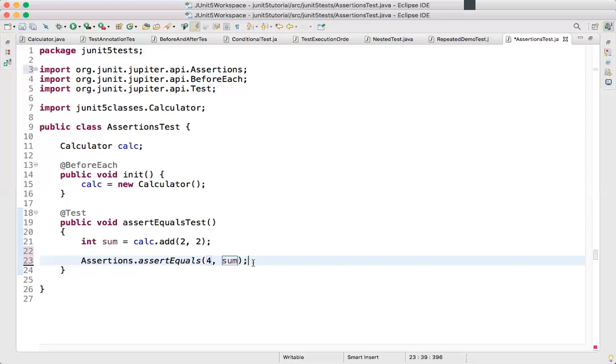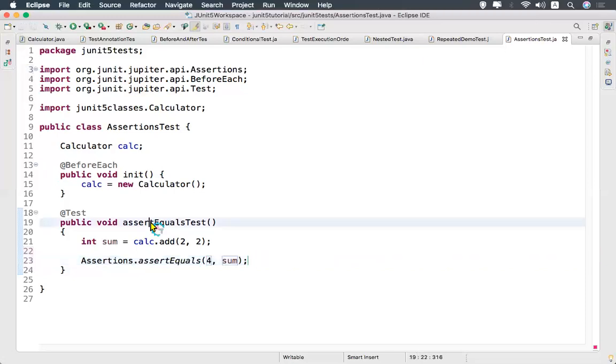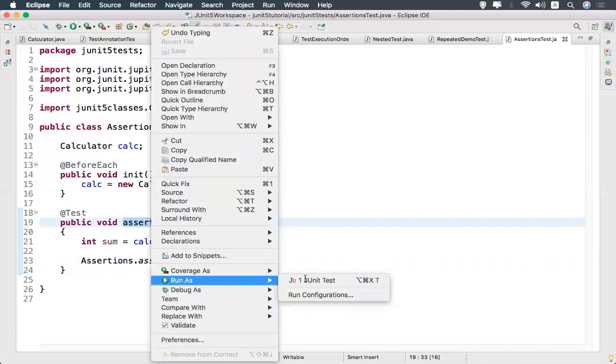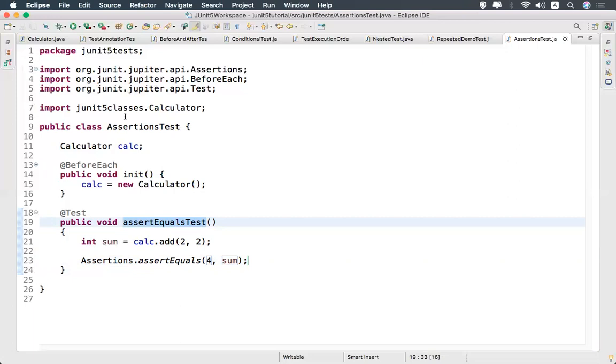Now, if I run this, run as JUnit test, let it execute. What happens, we'll see.